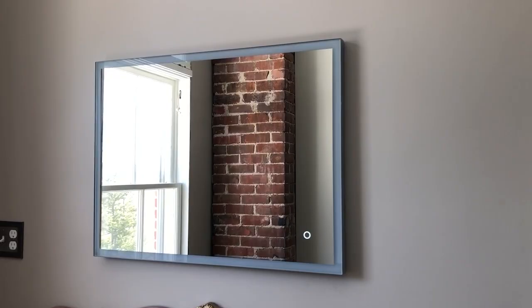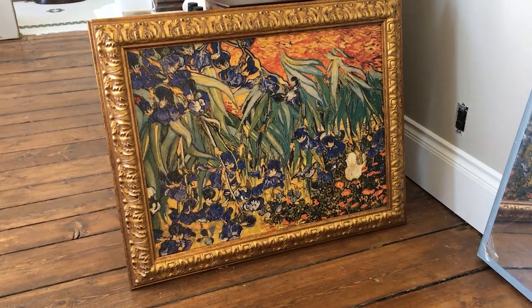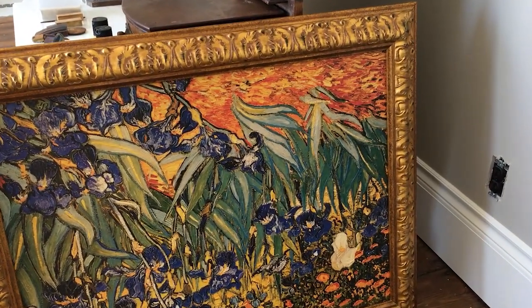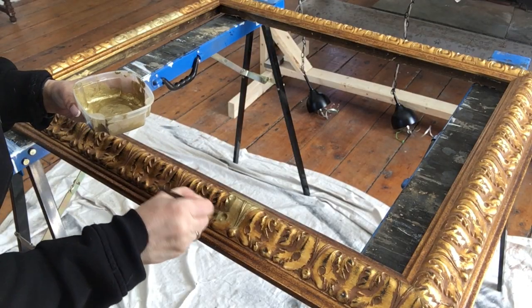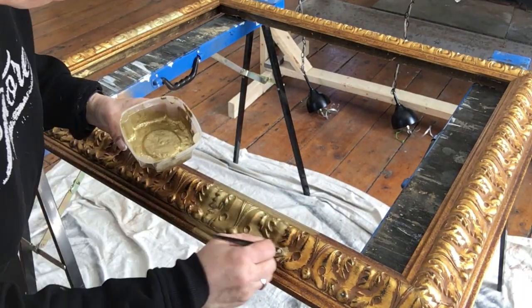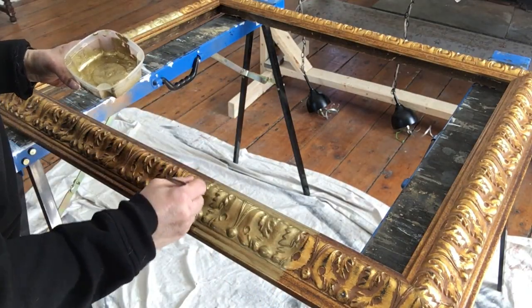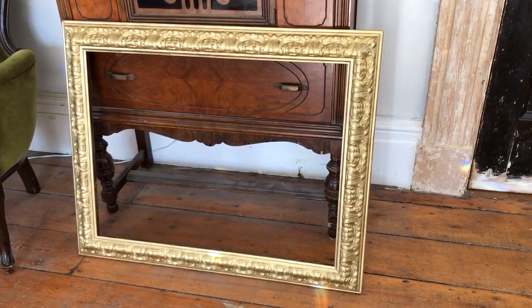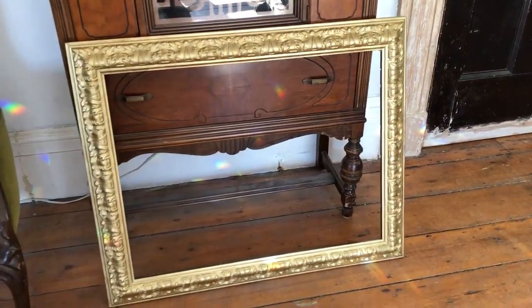My final project in the bathroom was this mirror. We picked it up from Costco, but it looked too modern. So a good friend of mine, Joelle, had given me this beautiful frame. So I took the picture out and I got out my magic gold paint and painted it in this gold that really suited and fit with the rest of the gold that I used on the vanity. And the end result was this gorgeous vintage gold frame with all the character and warmth of the gold,